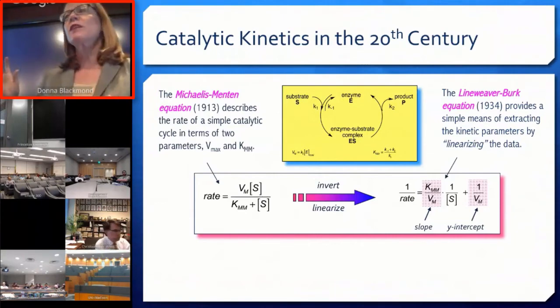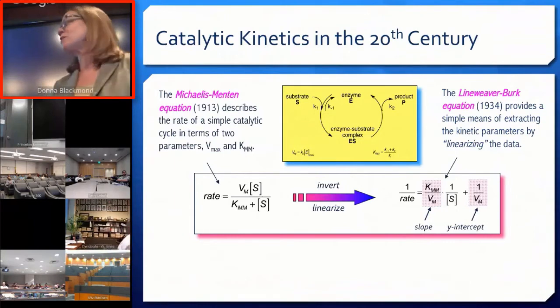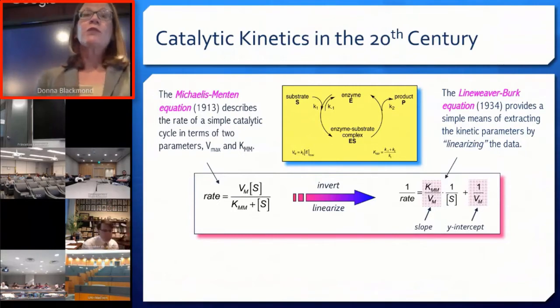There's an S in the numerator, and then there's an additive term for S in the denominator. So it makes it harder to use. You can't draw straight lines, and human beings love straight lines. So about 20 years after that,